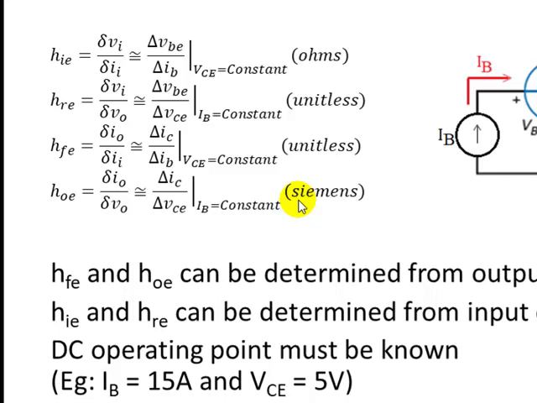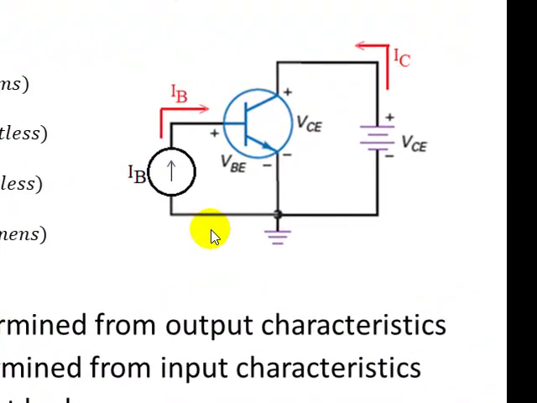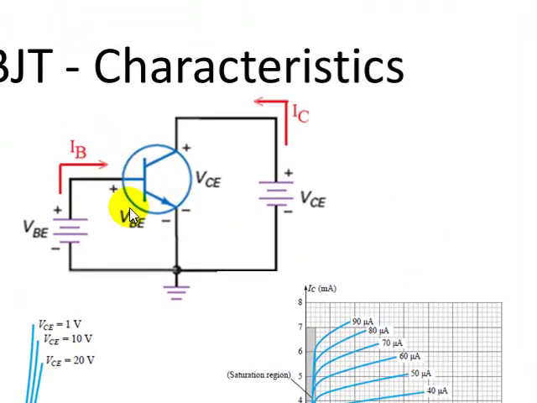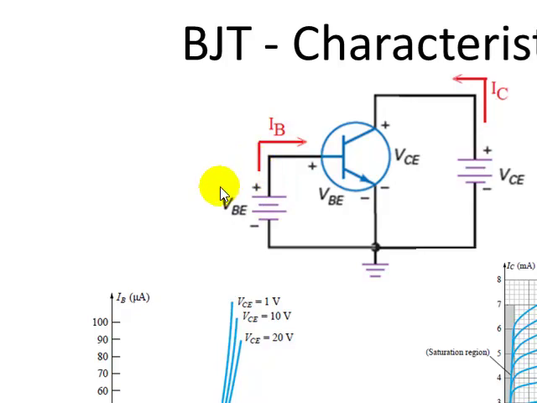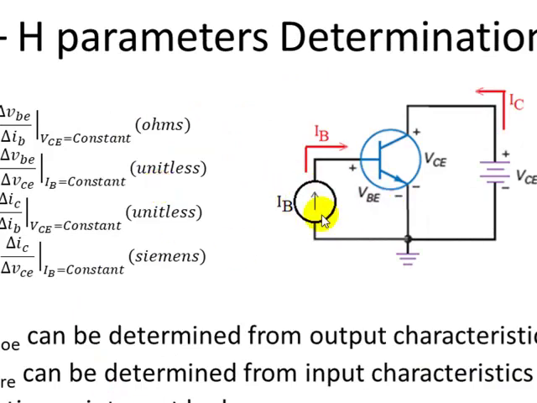But in PSpice, managing with cursors is a little bit difficult, so we can modify the circuit diagram a little bit and we can obtain these four parameters very easily. If you compare this circuit with the circuit that we used to obtain the static or the DC characteristics, the only change is in the input source. Here we used voltage as the input source, whereas here we shall use DC current as the input source.